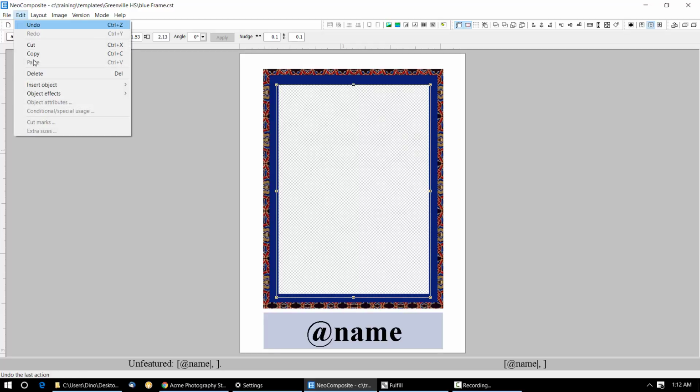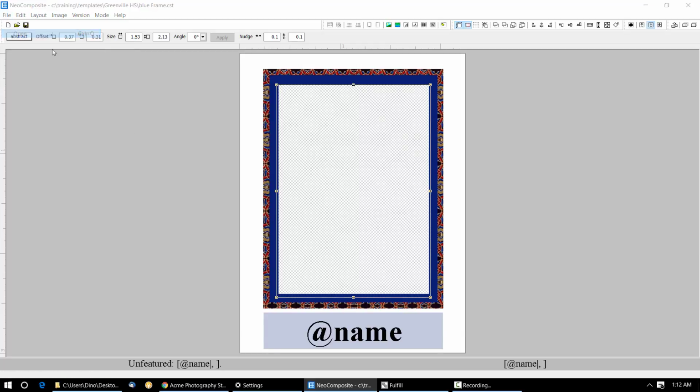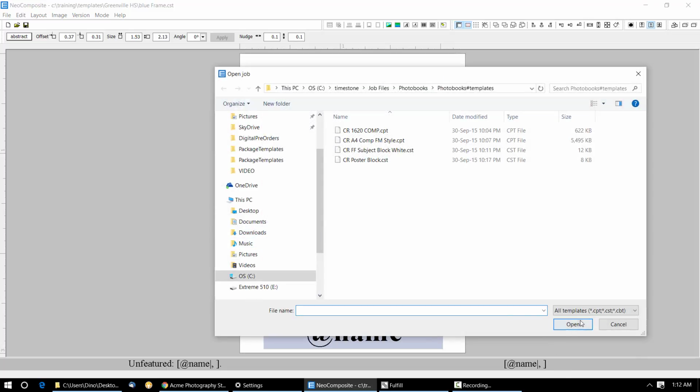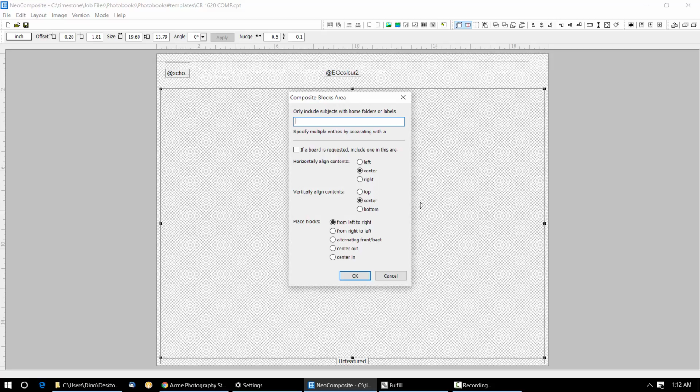Now, something else that was added in 4.6 is the placement. Because I do so much, in any given period, I can't remember what was new. What could you do before? You could horizontally align. Now you can vertically align. So